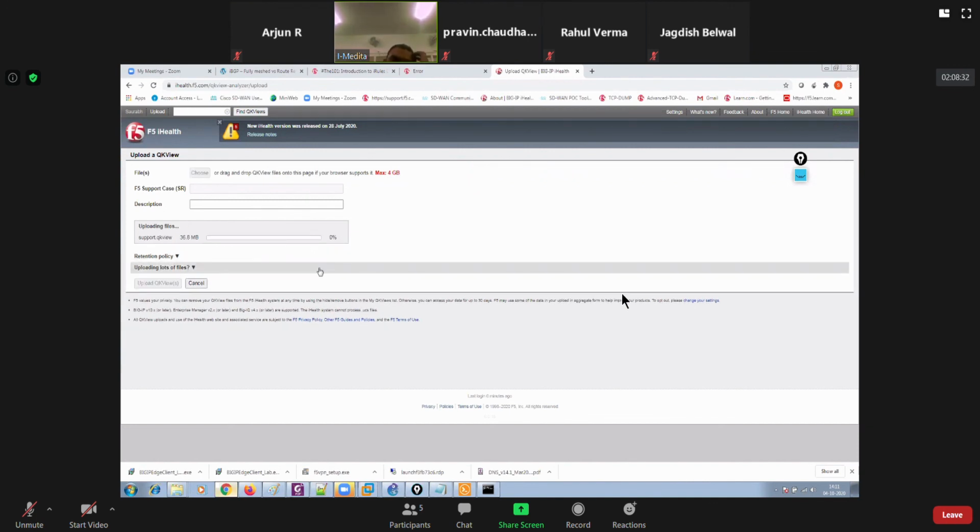Upload QKView. So get it uploaded to the iHealth portal. From there, you can analyze your QKView file. So that's the QKView, right?